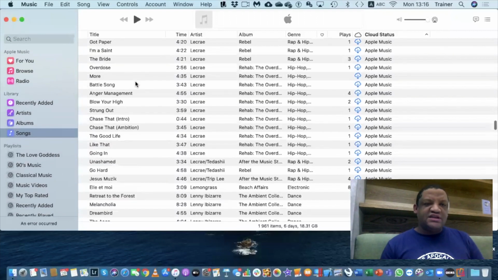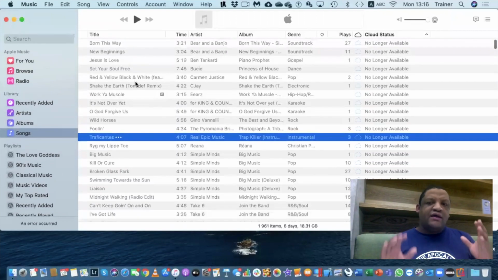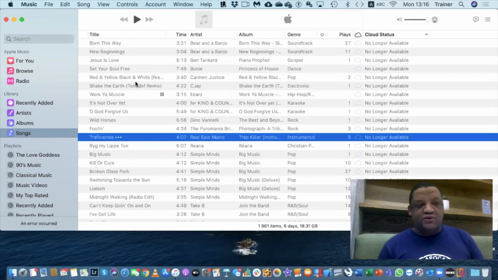Now, as you can see, I've started my music library as it is, as it comes out, or as it is per default. But now I want to actually see the iTunes stuff. Now the problem that you have with the default stuff, and maybe some of you guys would have experienced this, if I'm searching for a song, it's not going to search on the iTunes store, right?